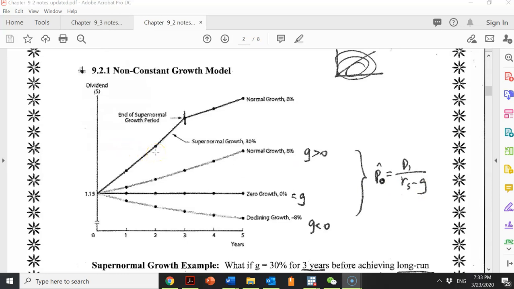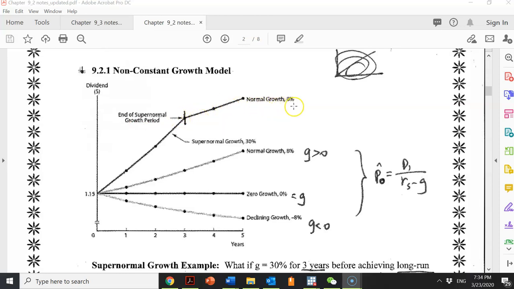So for this lecture, we're going to focus on this first line here, where we have the non-constant growth model. Okay, two-stage model. In the first stage, it's usually supernormal growth. It can be as large as 30% growth rate, G. In the second stage, the firm becomes more stable and mature, and the growth rate could be just a